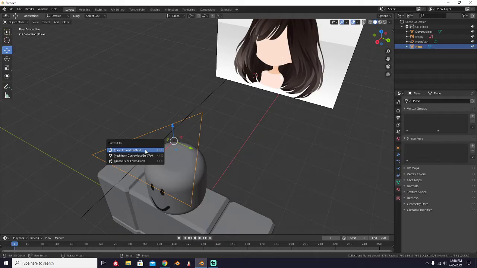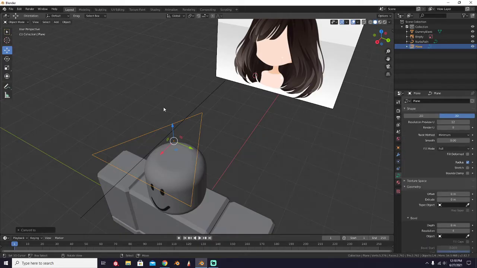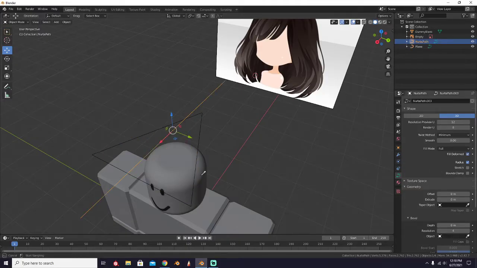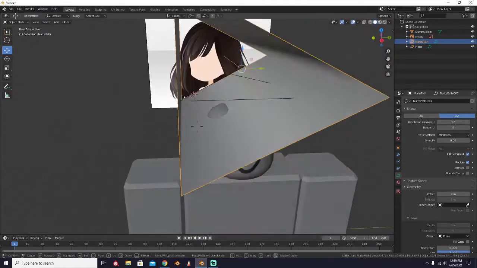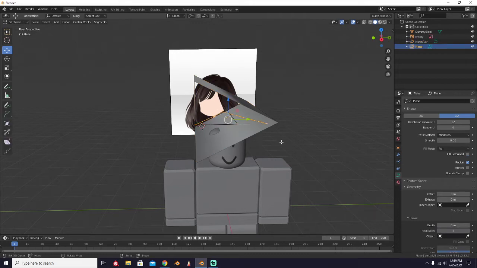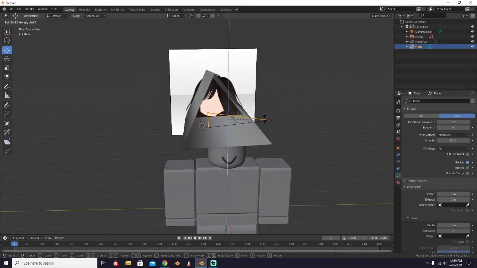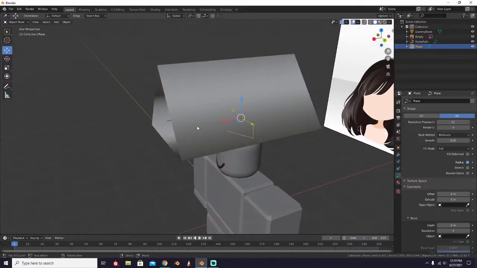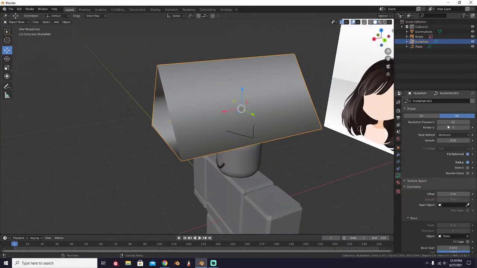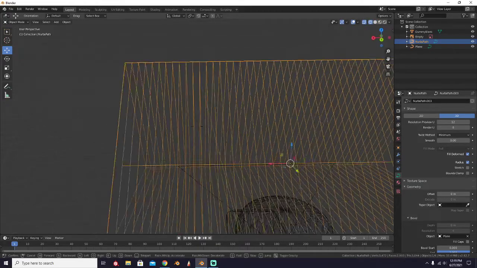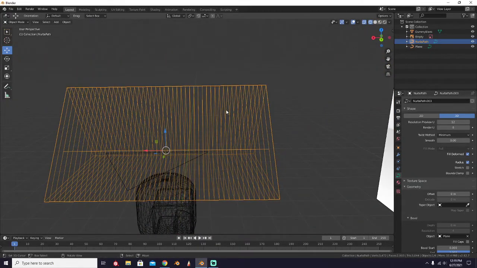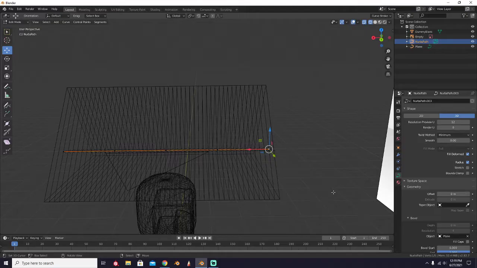Next, we're going to use Alt-C to convert it to a curve, and it is now a curve that would work with the path. Selecting the path now, we're going to set the bevel object as this triangle, and you can see that our triangle is actually now the object. Next step, we're going to turn down the resolution. What I mean by that, if we go into wireframe mode, we see all these edge loops, and all these cuts,